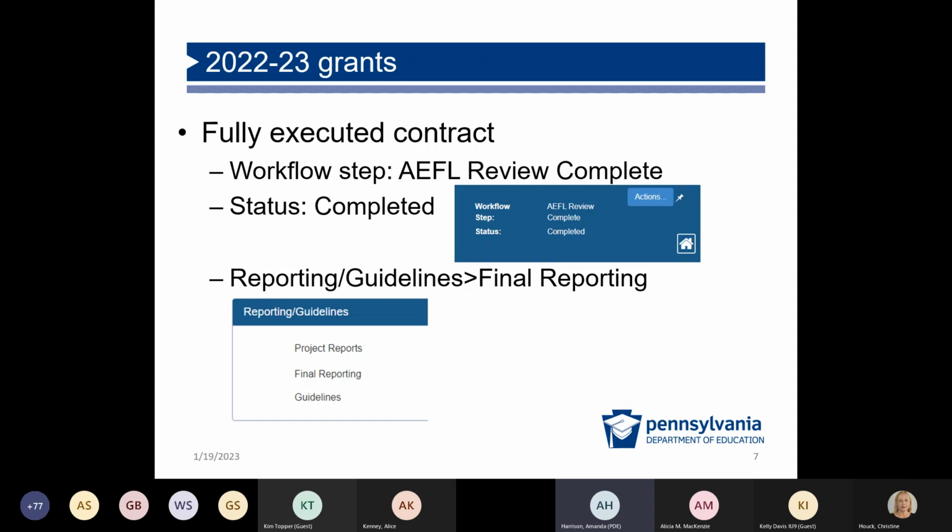So if you have a family literacy grant and you notice it says substantially approved and not approved, that's just because for some reason eGrants wouldn't let me mark it approved. That does not have any impact whatsoever on whether or not the grant is fully executed and you're going to get your money. As long as you see something that says AFLA review complete and completed, and the fully executed contract is in there, you're good to go.